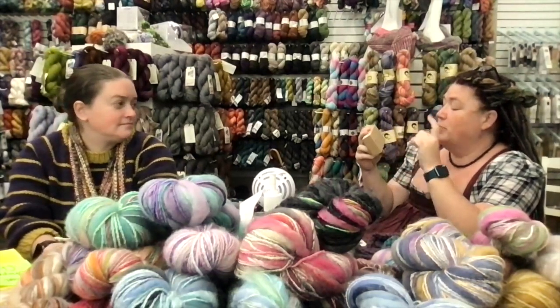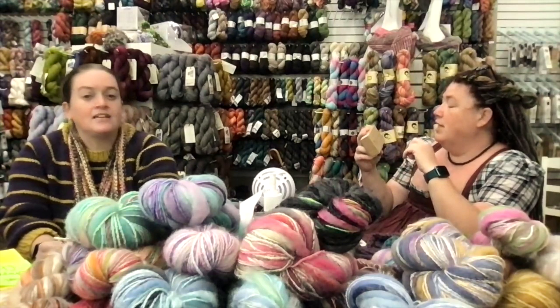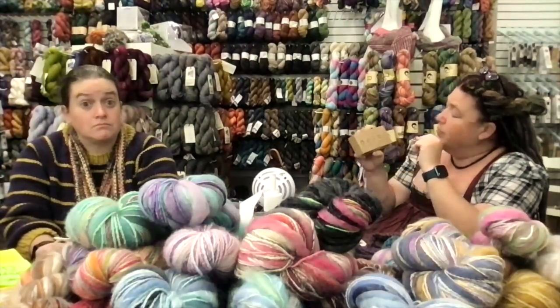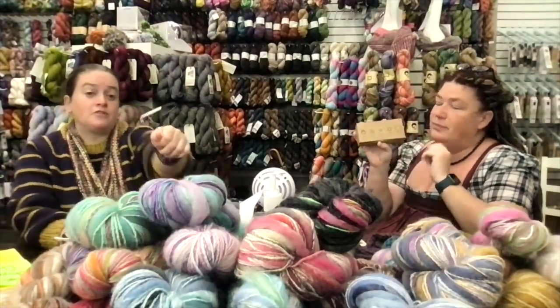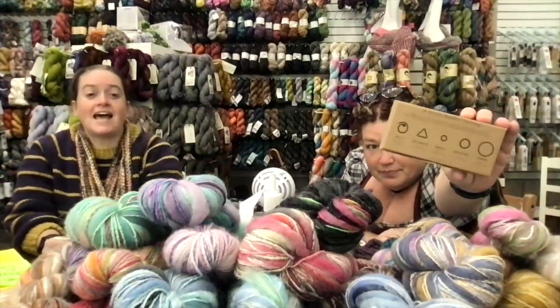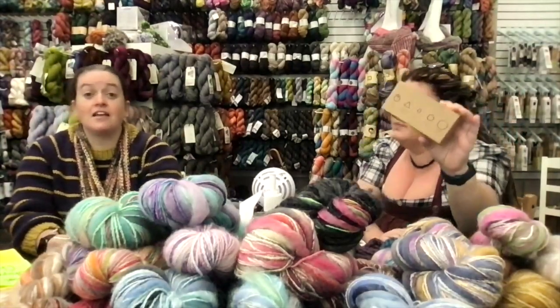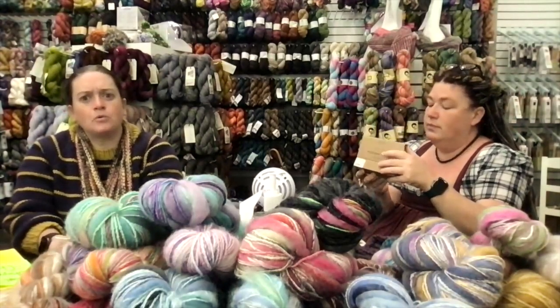triangle that goes up to a US 9, small, which goes up to a US 7, original, which goes up to a 13. The small and the original, by the way, we're talking about circles. Circles, yes, sorry. And the jumbo, which goes up to a 19. Like those pictures here, if you can hold it a little closer, that's actual size. Cocoknits is very good at actual size, and they are all a pale rainbow